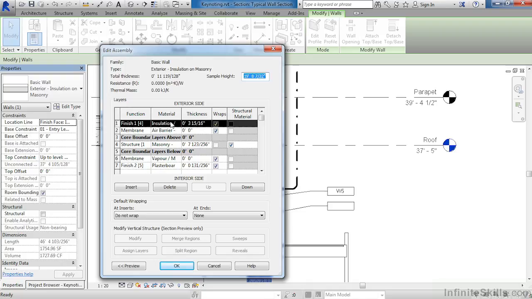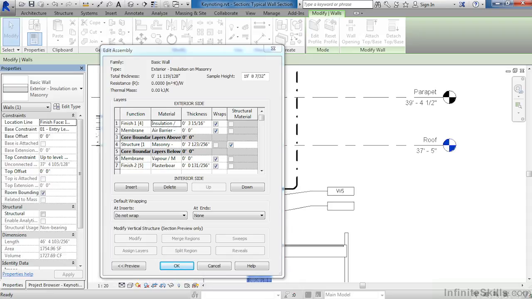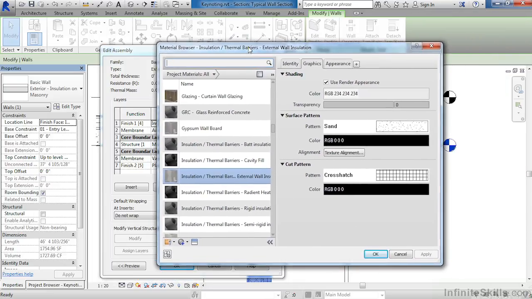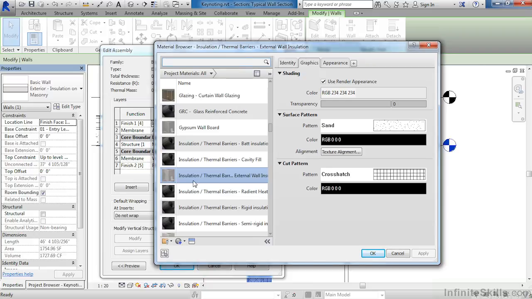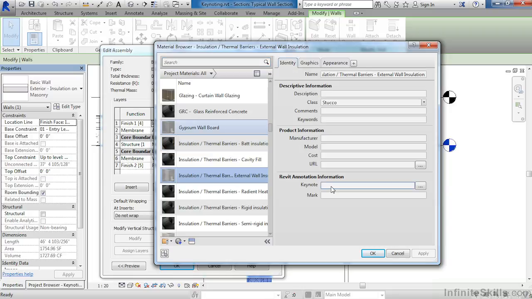Where it has material and it says Insulation, click there, then click this button inside of the box. This will bring up our material browser. And the material that is currently there will now be highlighted. If we go to its identity data, we can see that Keynote is one of the options for this material